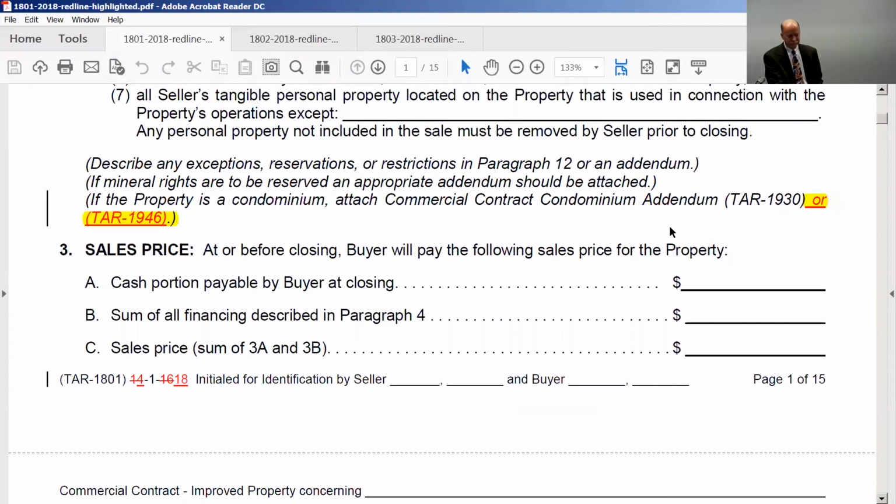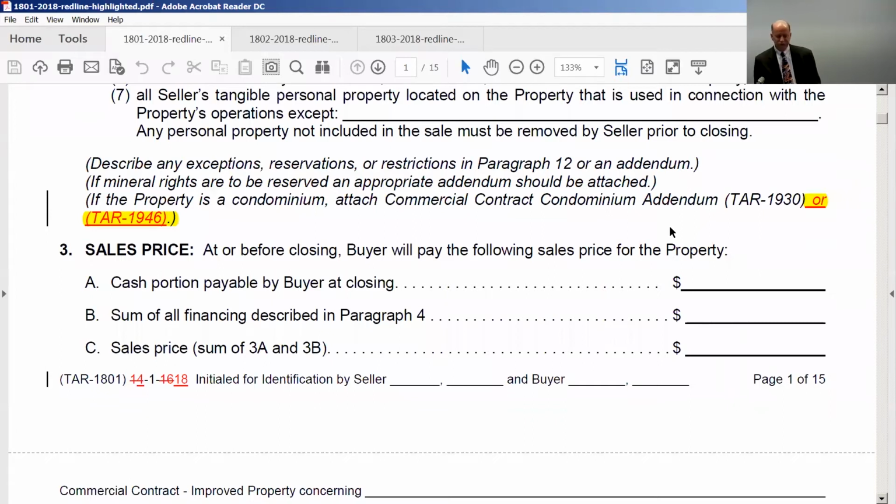Things like page numbers that have changed and the form dates down the bottom left-hand corner, I haven't highlighted that. So the first change, and I'm going to start with the improved property contract, then I'm going to switch over to the unimproved. I'm going to do the part of the improved contract that is only in the improved contract, and when I get down to the stuff that's the same in both, I'm going to switch over to the unimproved. So here, and again, this first highlighted part is in a part of the contract that is in parentheses